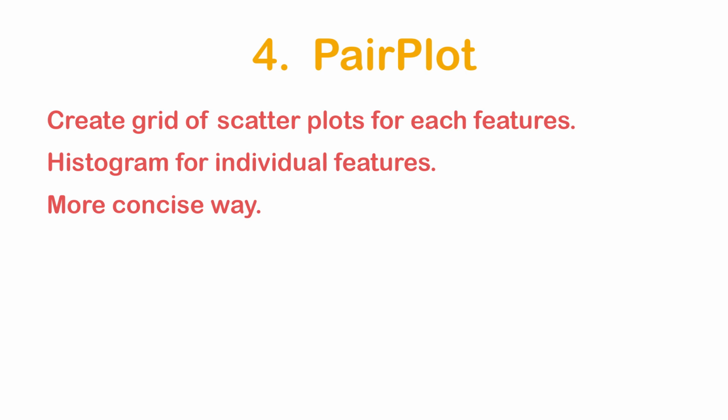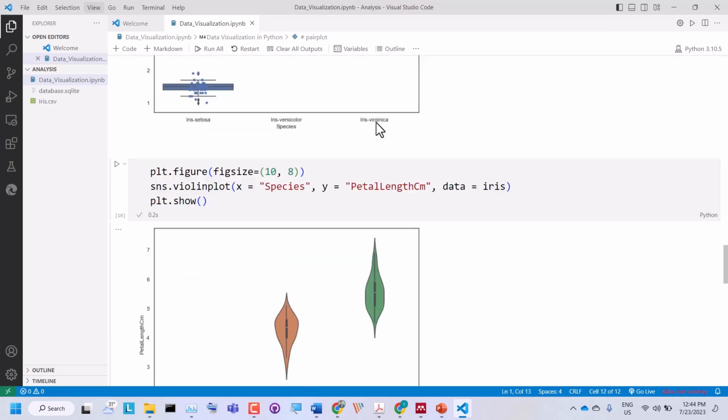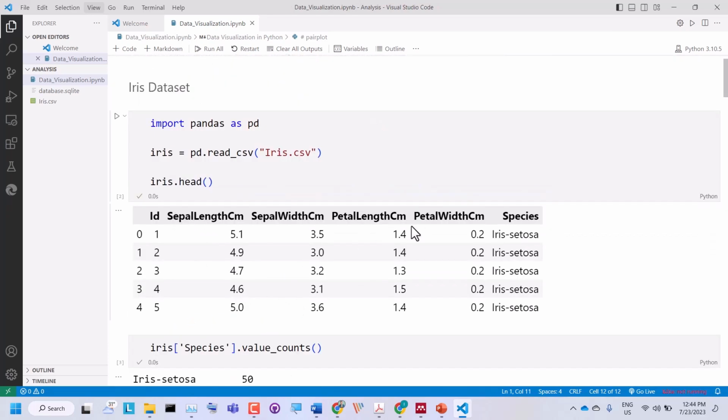Using PairPlot, it will make a scatter plot for all the features inside your dataset. So let's try to see how it works. So we say sns.pairplot, and if we look at our dataset, we have these columns. ID is just a unique identifier, so it has nothing to do with our dataset. So we can drop it and we can make a PairPlot for sepal length, width, petal length, petal width, and